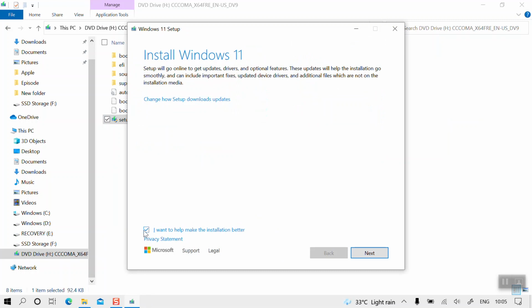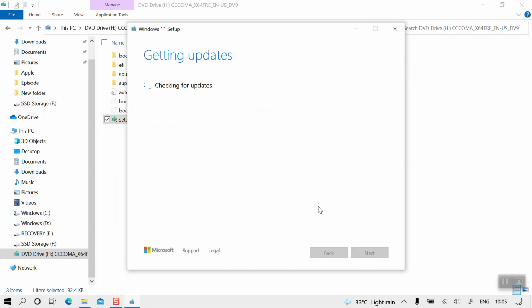Install Windows 11. Let's uncheck "I want to help make the installation better" and click on Next. Let's wait for the Windows 11 setup to check for updates.